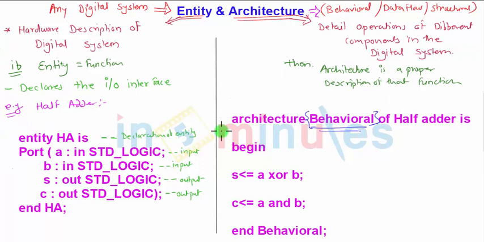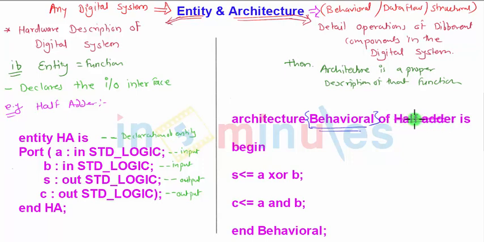How to define architecture? You have to simply write architecture, uppercase, lowercase, no matter, case insensitive language. So architecture behavioral modeling of, the behavioral word may be replaced by data flow or the structural as per your designing. So here I am using behavioral of. You have to write down the entity name. So I have written here half adder, the full statement is written.